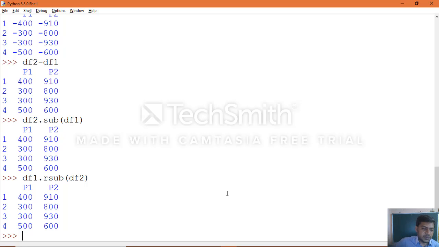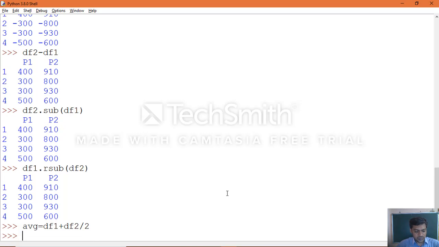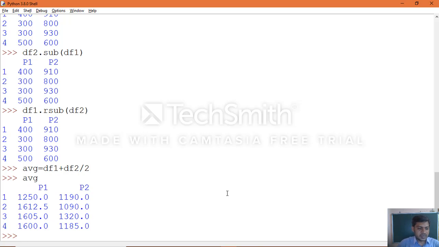Here we already imported the modules as well as the data frame objects which we created, so you can calculate directly: average equals df1 plus df2 divided by 2. When you print this object, this is the result, but this is not the correct result.